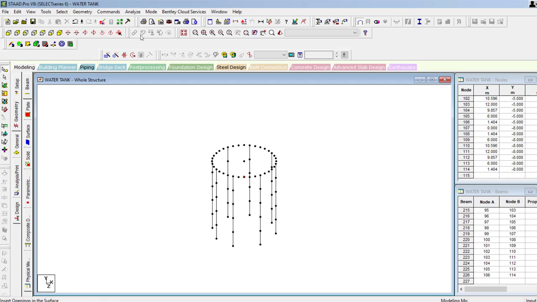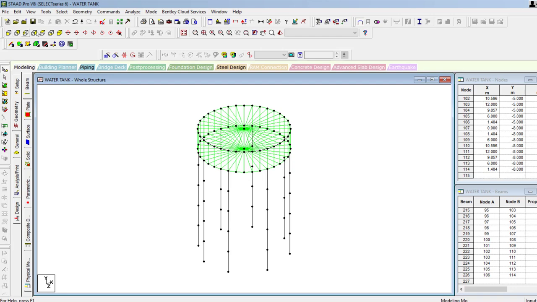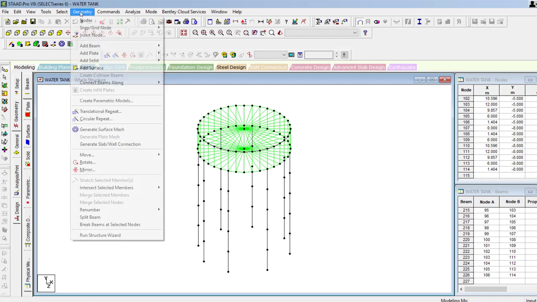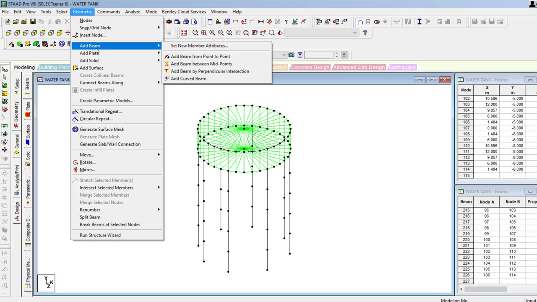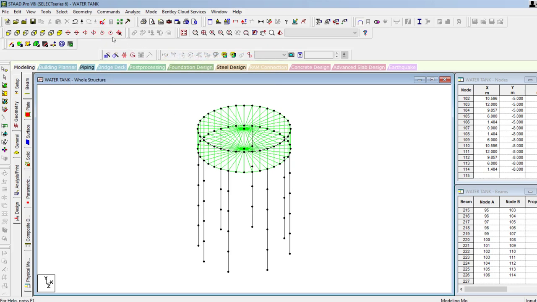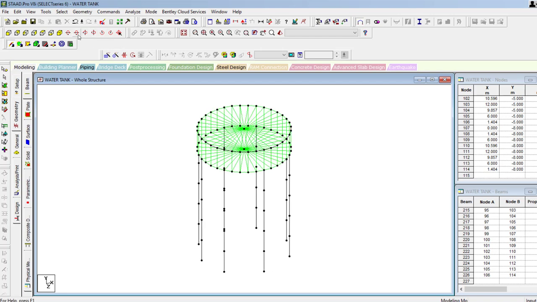Now I click on the whole structure. So once I click, go to the geometry, add beam from point to point, and then you just slightly rotate the model by using the rotate tool.